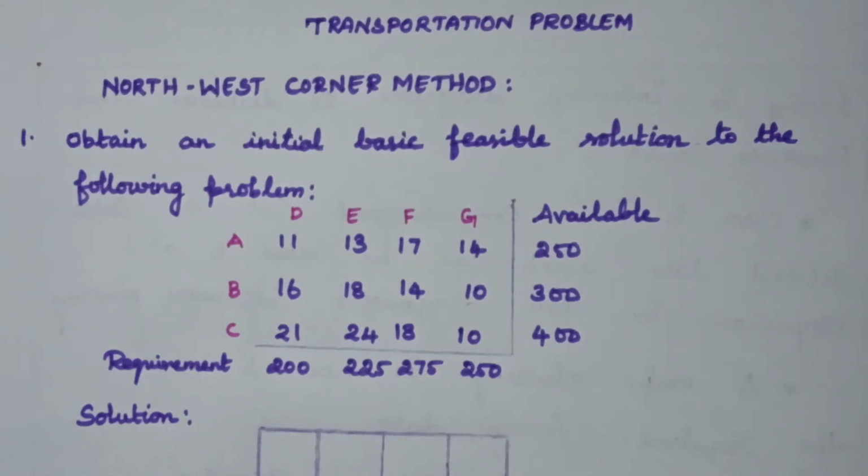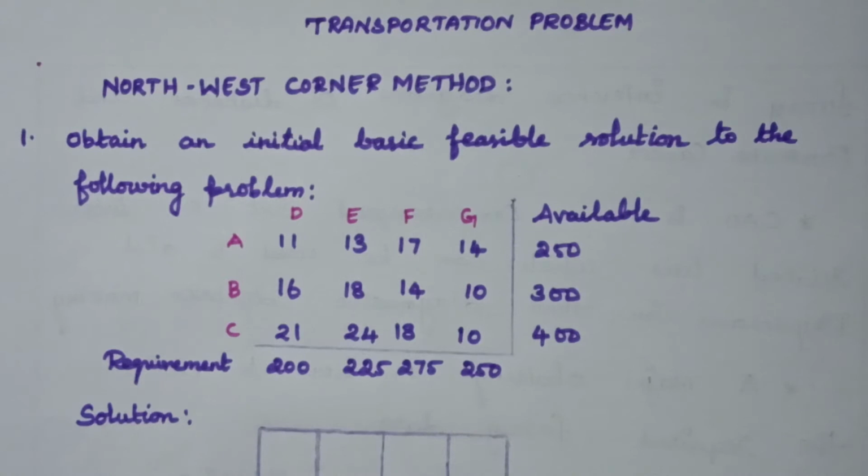Hello students, today we are going to see about the transportation problem. So what is the transportation problem? The transportation problem deals with the transportation of a single product from several sources to several destinations. So we have to transport a product from several centers to destinations. In order to transport, we have to spend some money on the transportation. So in order to minimize the cost, we have to schedule our transportation.